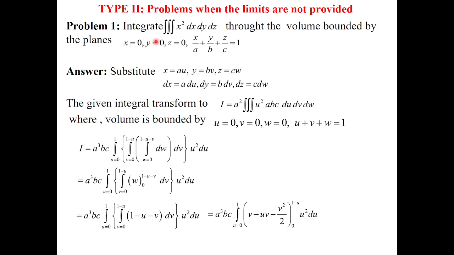YZ plane. Y equals to 0, so this is XZ plane. Z equals to 0, so it is XY plane. Okay, these names may be given. As well as this is equation of a tetrahedron. Now, for the convenience only,